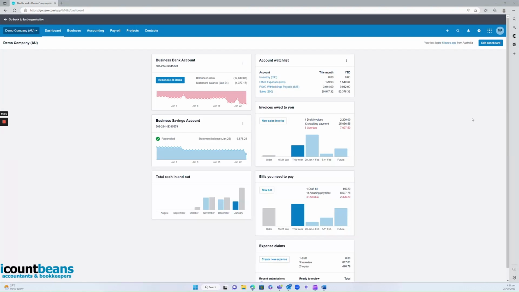Hi guys, today we're going to go through how to reconcile items in Xero. This will be one of the most useful tools you can learn in Xero and something you'll probably use the most often. So when you log into Xero, you go on your dashboard and you can see here